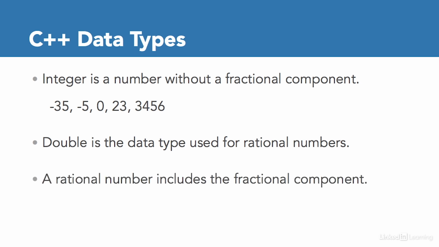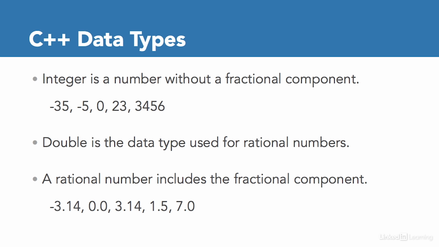A rational number includes the fractional component, so if we want to include a number with a decimal point, we want to use double. If we don't want the decimal point, we want to use int. An example of rational numbers include -3.14, 0.0, 3.14, 1.5, 7.0. Notice the value 7 is an integer, but when you use the data type double, it automatically appends 0.0 to